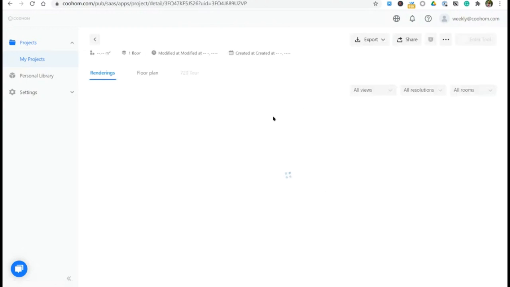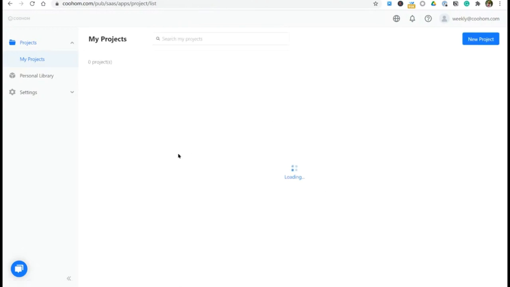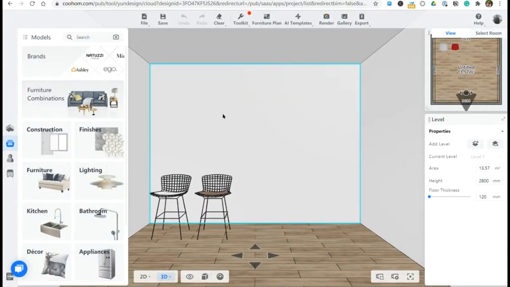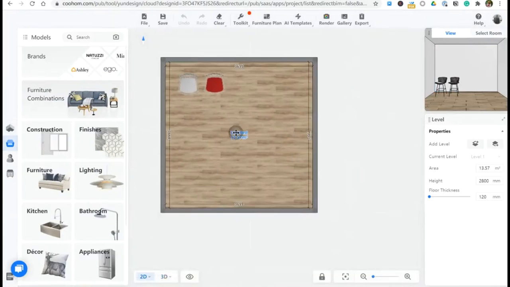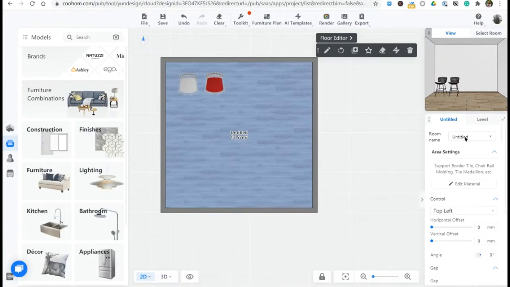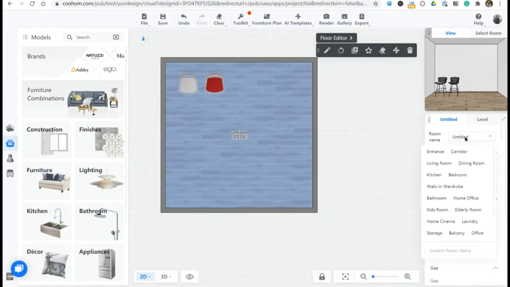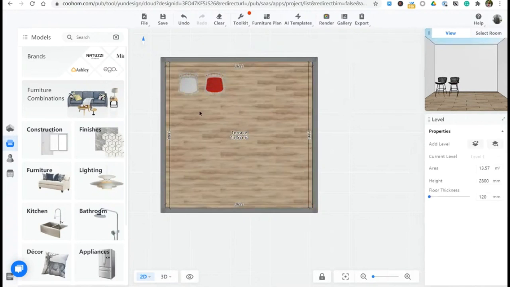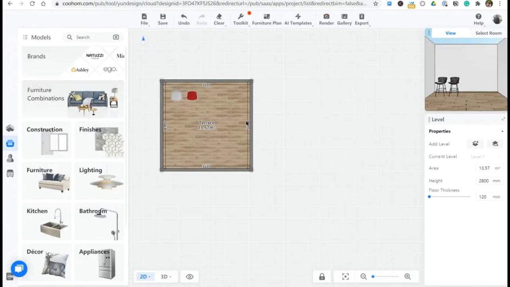Let's view projects. So let's just enter it. So we have a ceiling of this room. I think from the previous tutorial, if you want a room that does not have a ceiling, you just need to change the name of the room to a terrace. And then